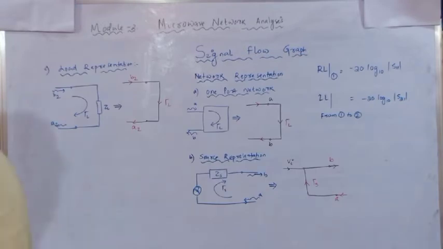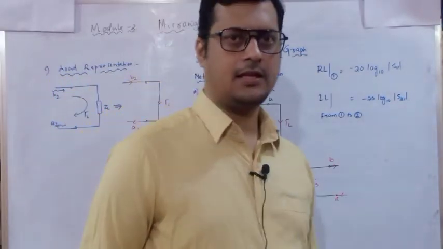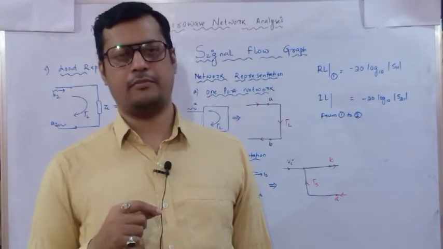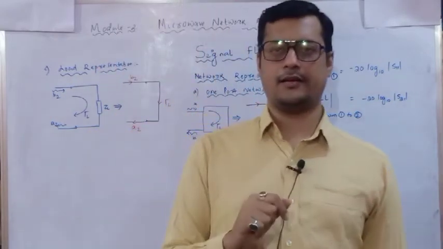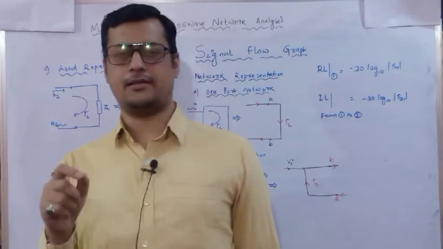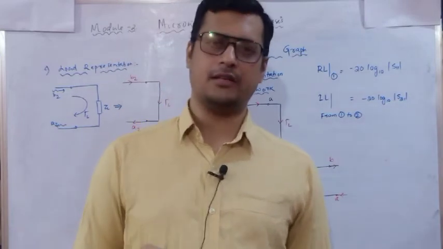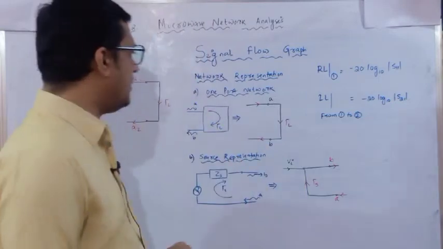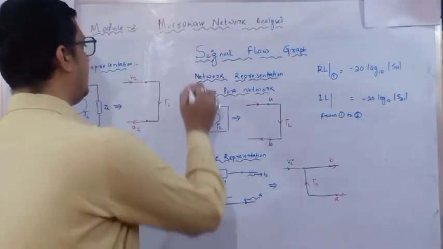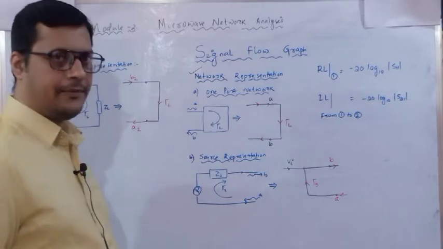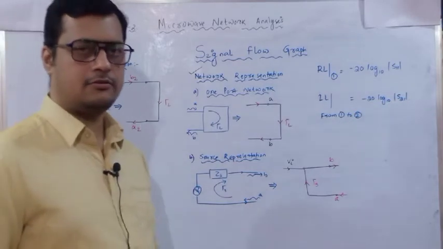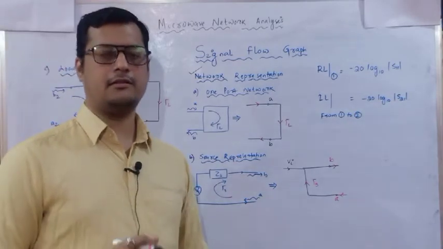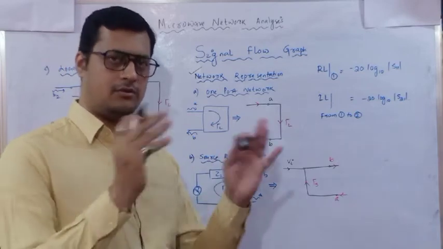Okay, so before entering the properties, let me discuss how we are going to represent the input side and load side, and how we are going to represent them with respect to the reflection coefficient at the load and the reflection coefficient at the source. So here I have written a network representation. If you understand these two particular functions, it is very easy to represent the whole system as a